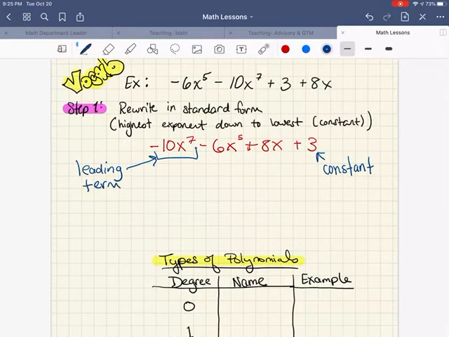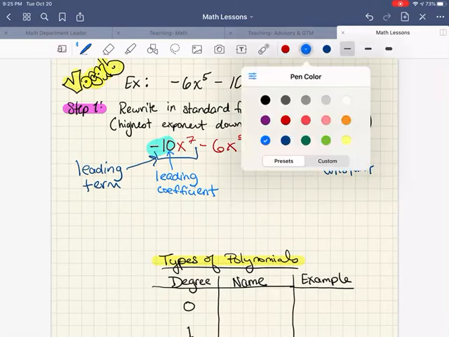Okay. The blue. The negative 10 right here is called, okay, the leading coefficient because it's the coefficient of the leading term. And then, this is a polynomial because it has no negative exponents and the variable is not in the denominator. And now we want to count how many